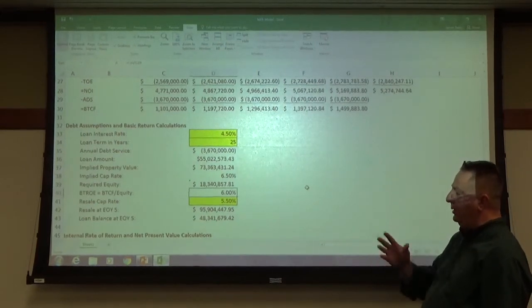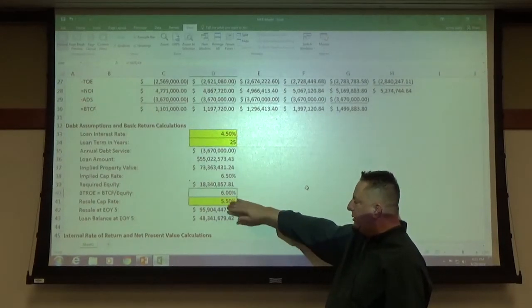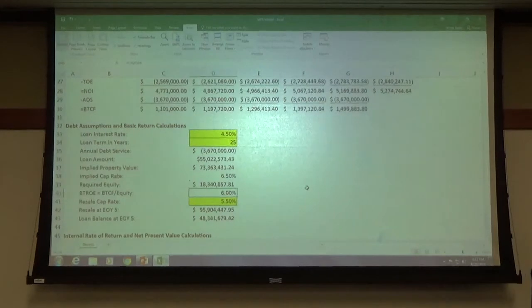So what we're going to do is take about a 5-minute break, come back, and then continue on, talk about the resale cap rate and so forth, and then we've got a bunch of time value of money problems to work through. The purpose of the time value of money problems is to get you super familiarized with how to use the calculator. All right, take a 5-minute break. Be back at 8:15.